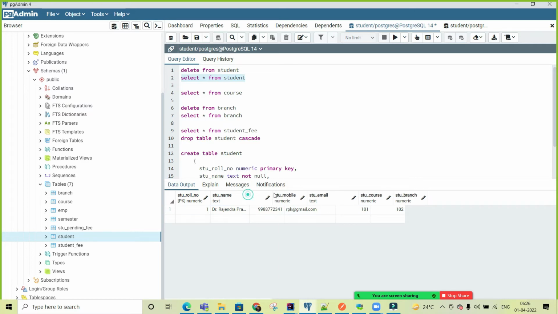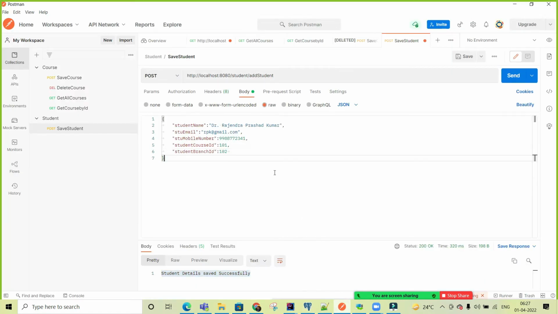Now I am changing the data again: Dr. Rajendra Prasad instead of Dr. Rajendra Prasad Kumar, removing the K, and this is 2 suppose. The ID is the same. I am inserting again, entering Abdul Kalam. He is also a doctor.